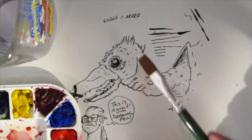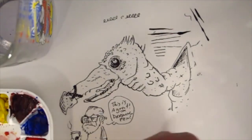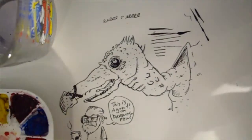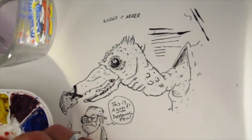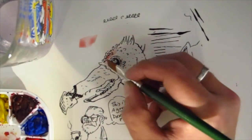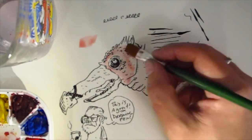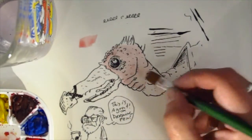how it should work. So I'm just using just a brush, these are just cheap watercolors in a tube that I had squished out into this tray and let dry, because I wanted something I could travel with or just carry around with me. So, alright. Now I'm not going to spend a lot of time on this. One, because this is just a doodle to kind of prove a point or show something. And two,